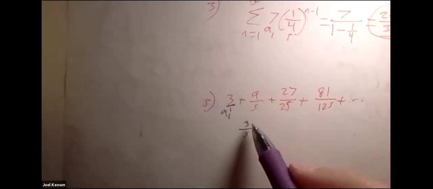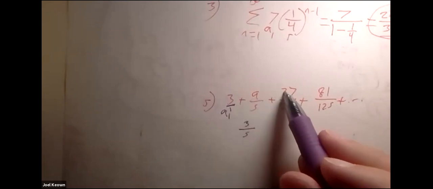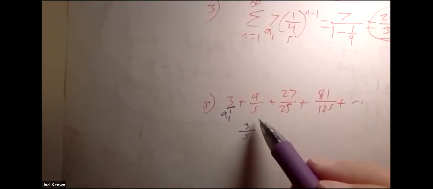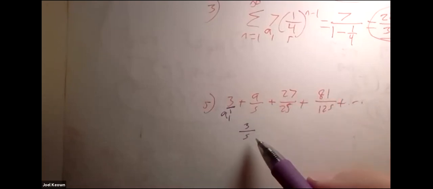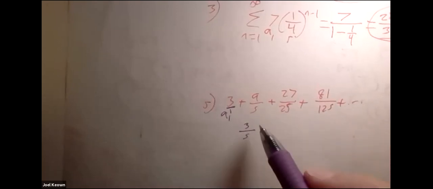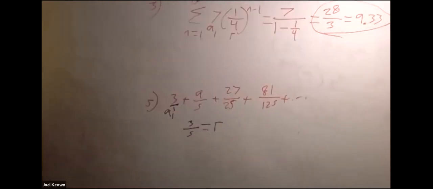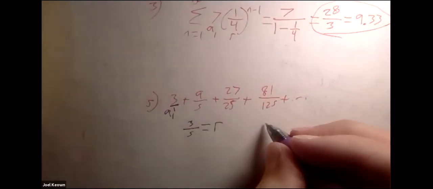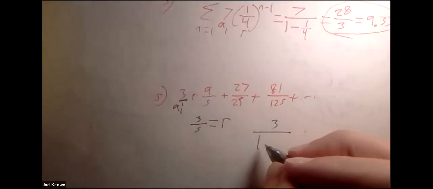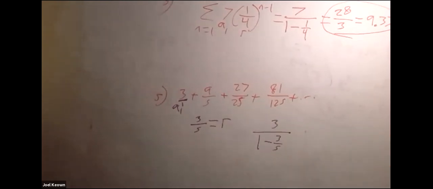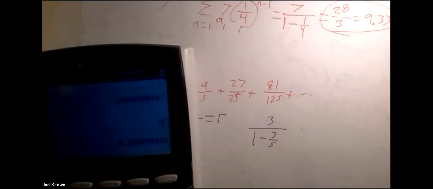Well, does that work for the next one? 3 times 9 is 27. 5 times 5 is 25. Good. 3 times 27 is 81. 5 times 25, 125. So this works for my r. And so now I can plug into the formula, a sub 1 over 1 minus r. Turn the calculator out and say, okay,